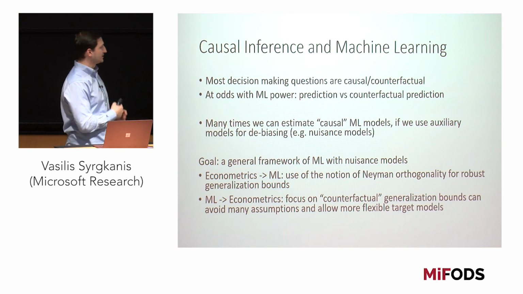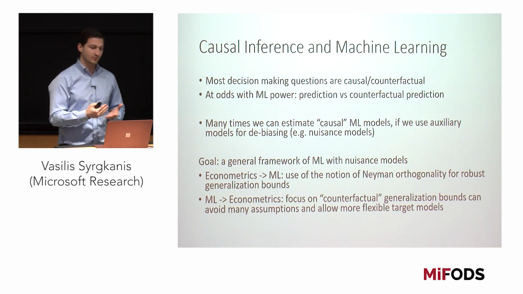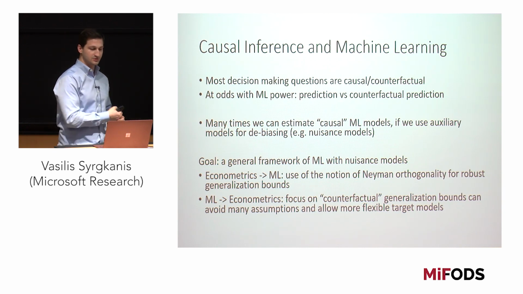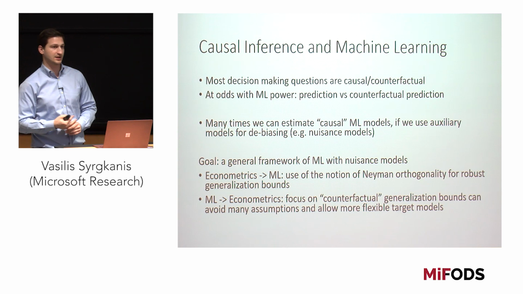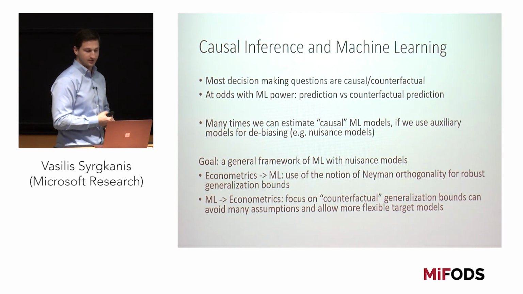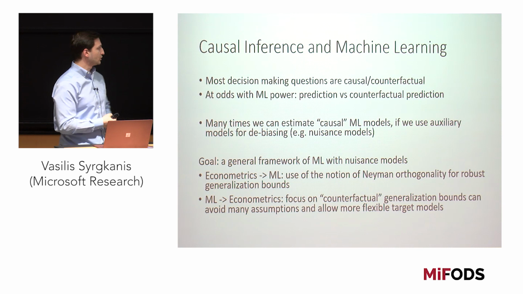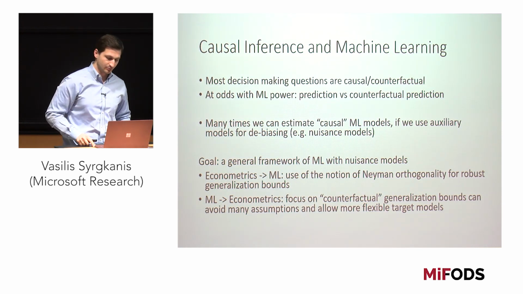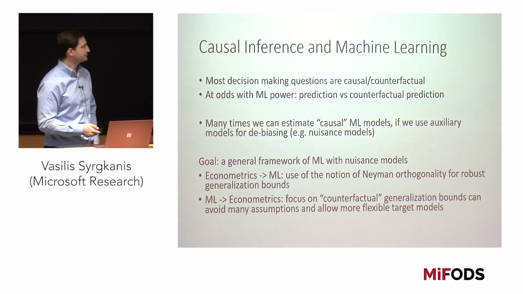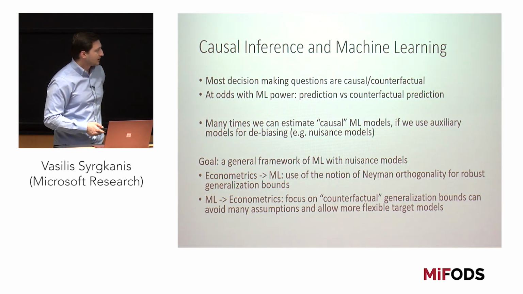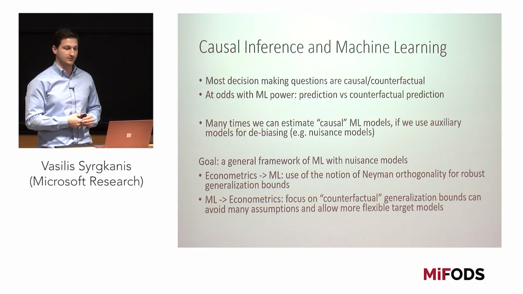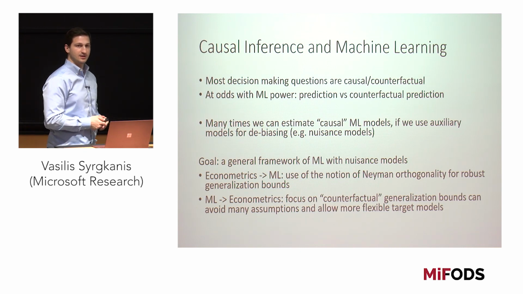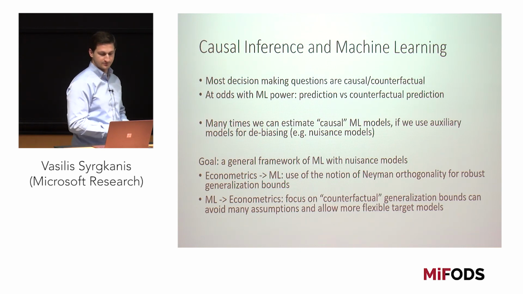And on the other side, what we'll hopefully show is that we can phrase a lot of causal inference questions as generalization bound questions and apply a lot of the recent results in machine learning and in statistical learning theory, and get guarantees for causal inference problems that are meaningful for people working in causal inference. So I'll try to highlight the main ideas of the framework through a series of 3 examples, and then I'll present the more theoretical formulation.